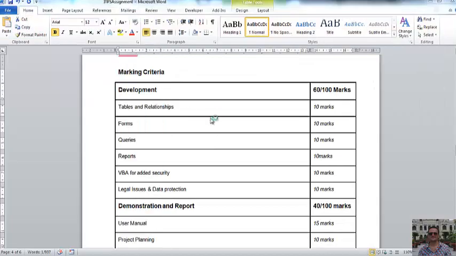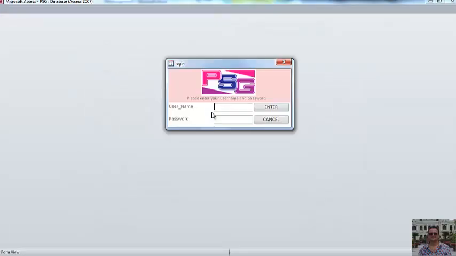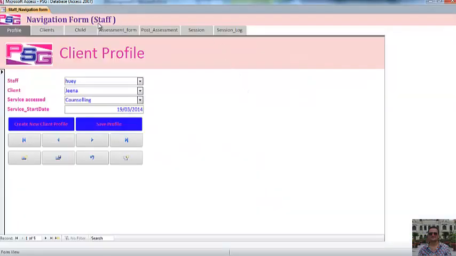Okay, PSG, and this time log in as the test user. So test, and when I enter, you will find it says now navigation form for staff, and those features are hidden, so the staff cannot access the security features this way. Now I wanted to show you the relationships and then move on to the tables, and finally queries, reports,